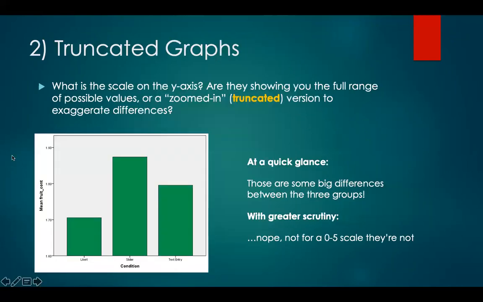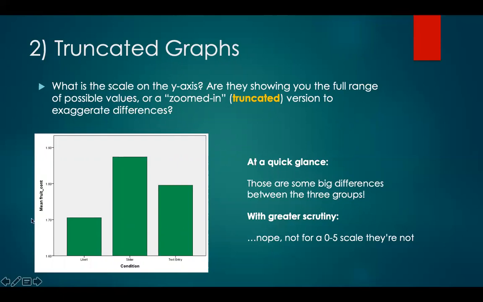Now, truncated graphs are another way that graphs can be misused to misconstrue distributions of data. So when you look at a graph, you need to ask yourself, what is the scale on the y-axis? Are they showing you the full range of possible values, or is it a zoomed in truncated version, which would exaggerate differences between groups? So at a quick glance, it looks like there are some major differences between groups on